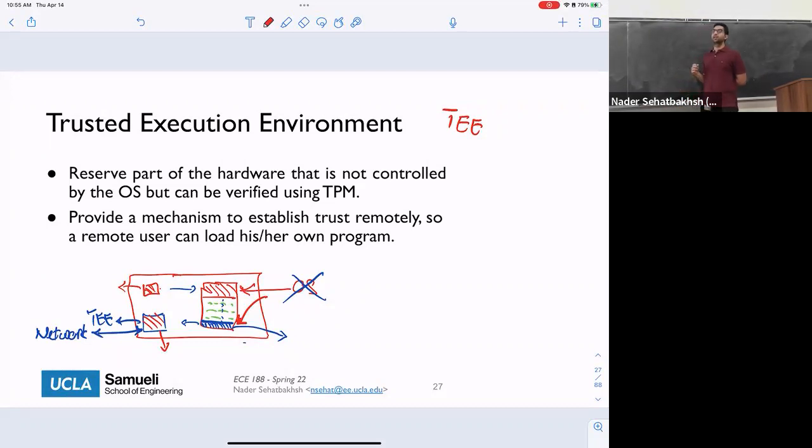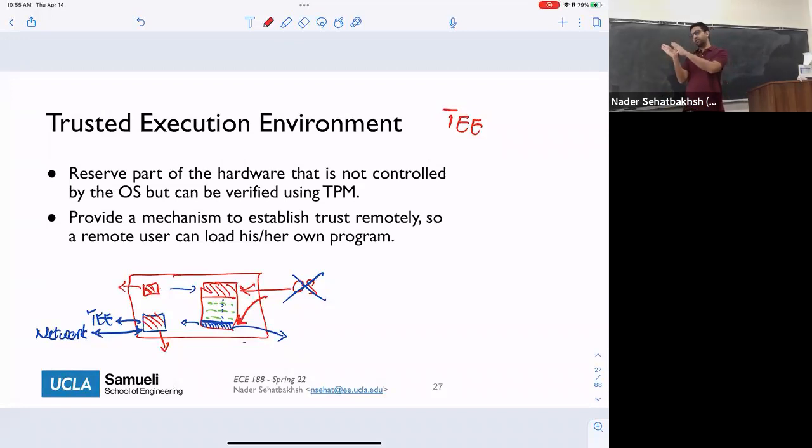Basically, the idea is that your malware cannot infect your T memory because your T memory is only communicated with a specific user from the outside. So even if your operating system is talking to the network, to the other user, your T is isolated completely from this environment. So when the malware takes over, it takes over the memory, but since the T part is reserved and isolated, it cannot be changed. Does that make sense?